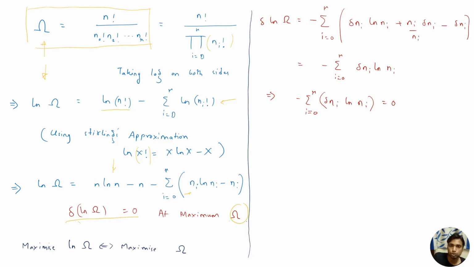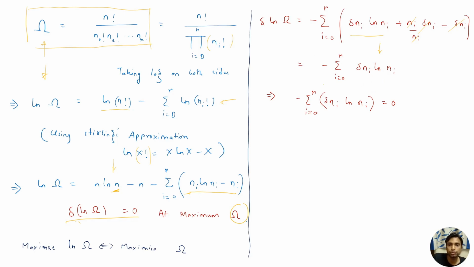Okay, so if you calculate that, n is a constant, and we are fixing the total number of particles. Since that is fixed, delta of this will be 0. By delta I just mean the derivative. Here we have to take delta of this function. When we take the del of that function, it is del ni. We have just applied the chain rule, and this will cancel with this, and what we obtain finally is this delta ni into ln ni.